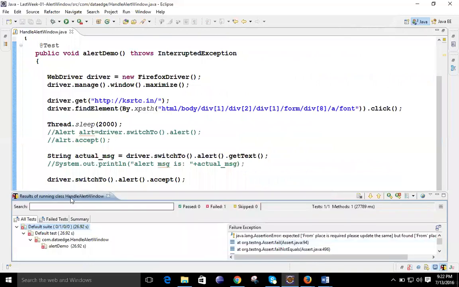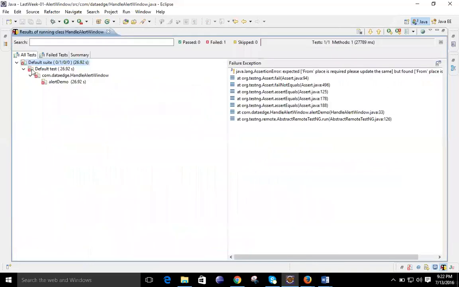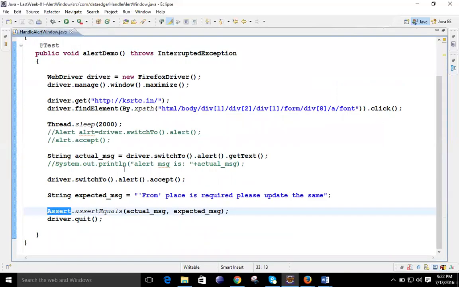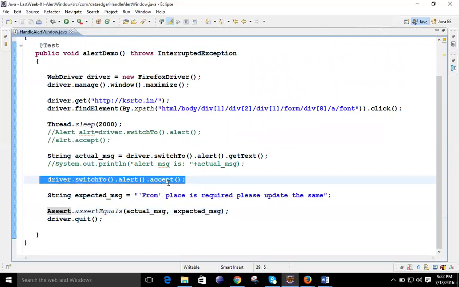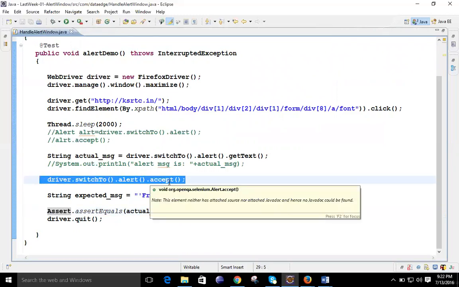Now you can see that it is failed, not passed. Whatever value it is capturing is correct. It is correctly capturing from the Alert class. This is to demonstrate alert.accept, whether it is accepting correctly.